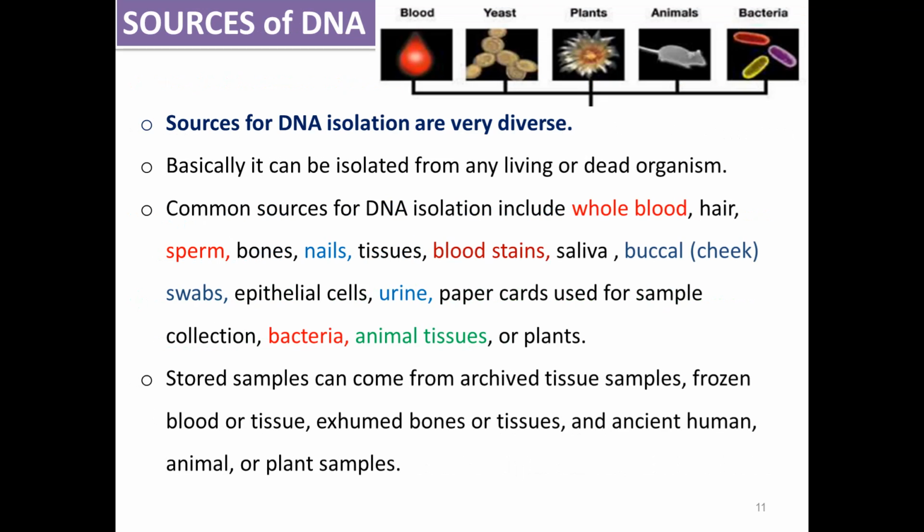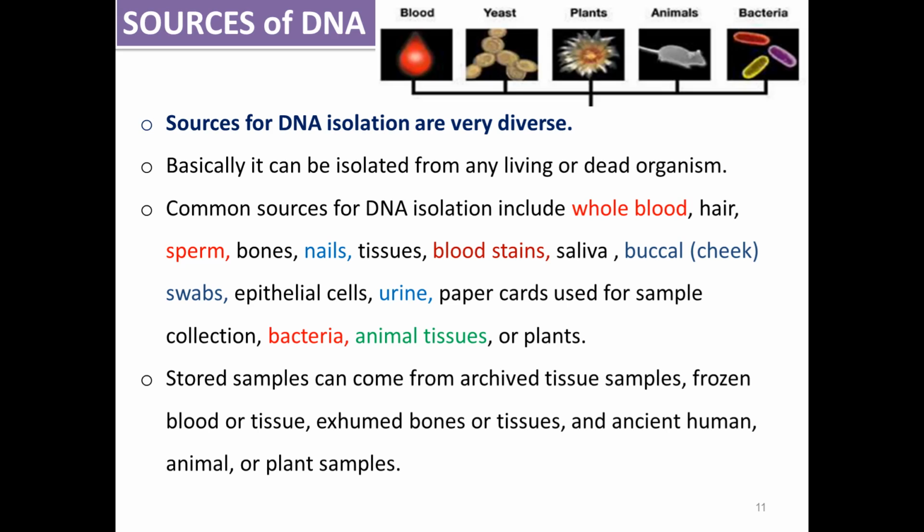As for the sources of DNA, we can obtain DNA from different sources like blood, yeast, plants, animals, and bacteria. The sources for DNA isolation are very diverse. Basically, it can be isolated from any living or dead organism. Common sources for DNA isolation include whole blood, hair samples, sperm, bone, nail, tissue, blood stains (meaning blood spots), saliva,